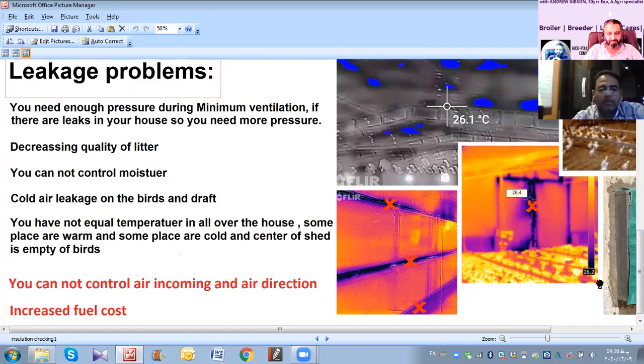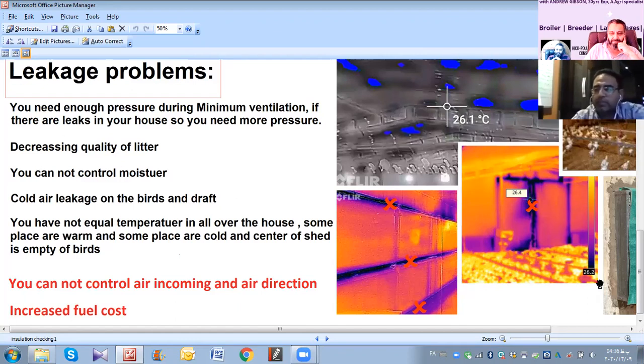You do not have equal temperature all over the house. Some places are warm and some places are cold. The center of the shed is empty of birds because you cannot reach good pressure, and the air cannot reach the peak of the shed. You cannot control air coming in and air direction.